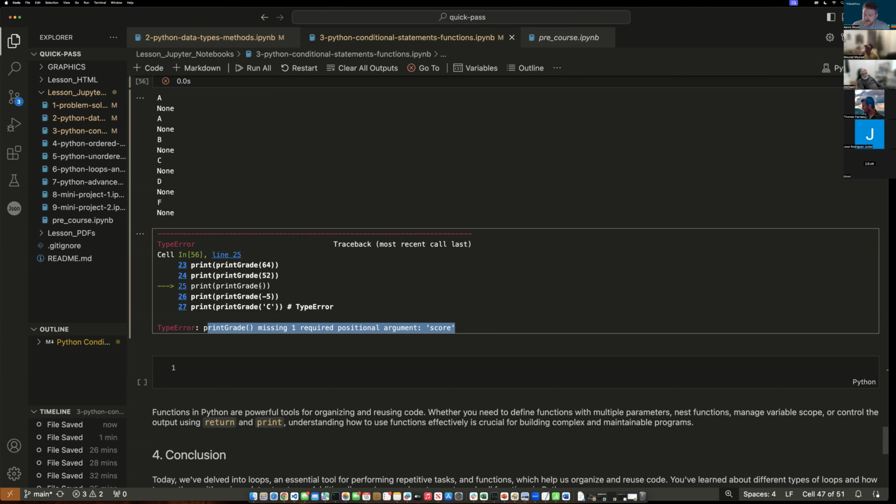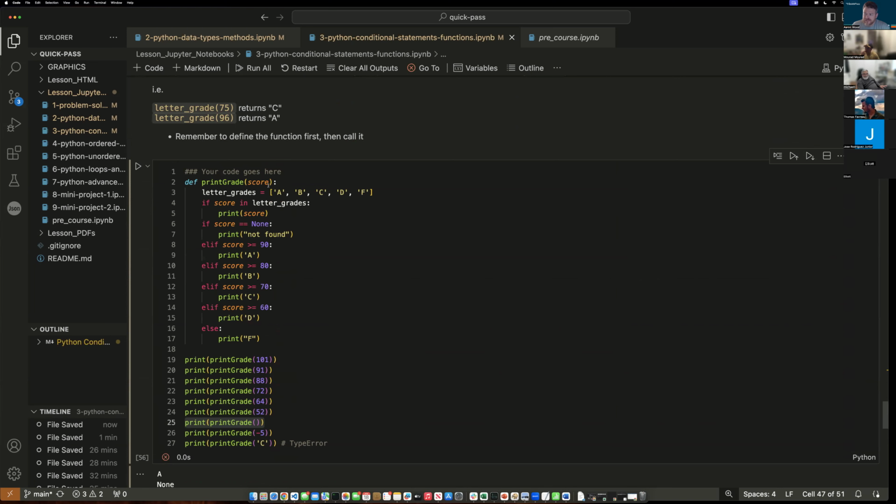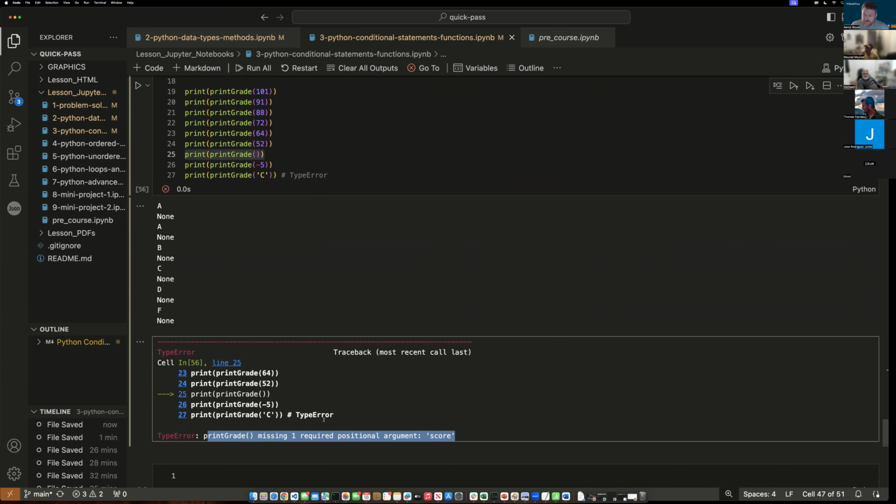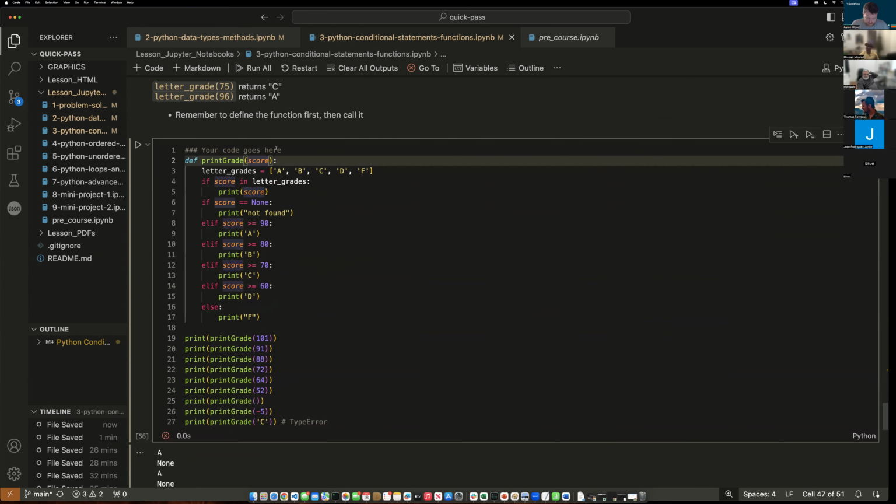Because when you call it, it says it has to have a parameter. When you don't provide a parameter, it'll give you an error because it requires an argument. So when you put this equal,